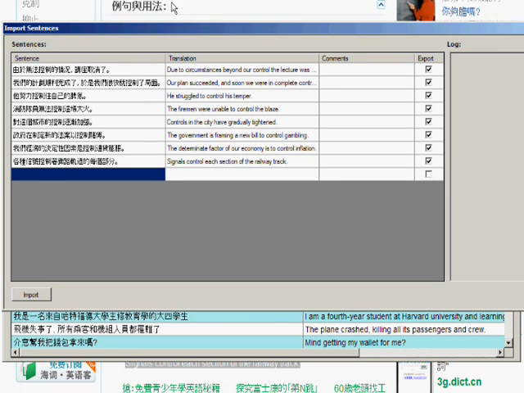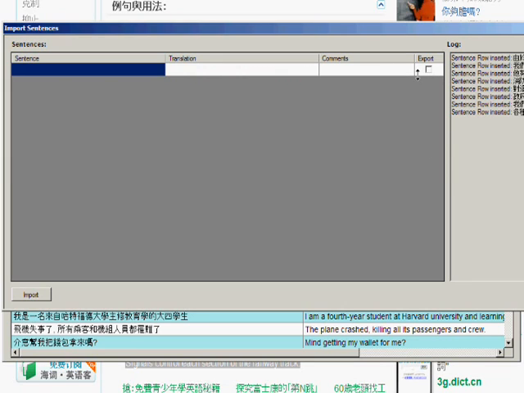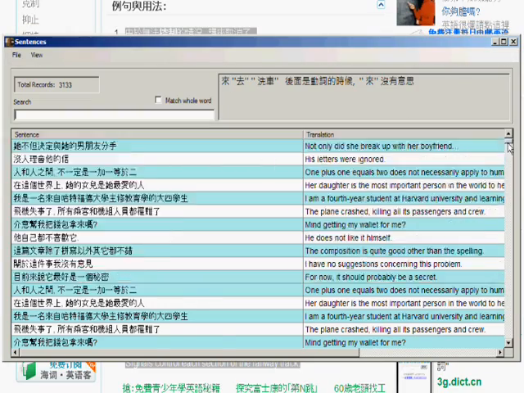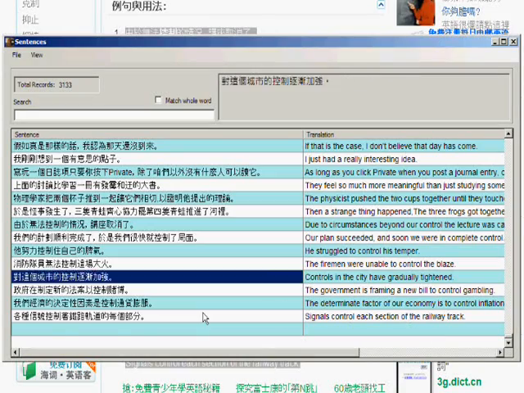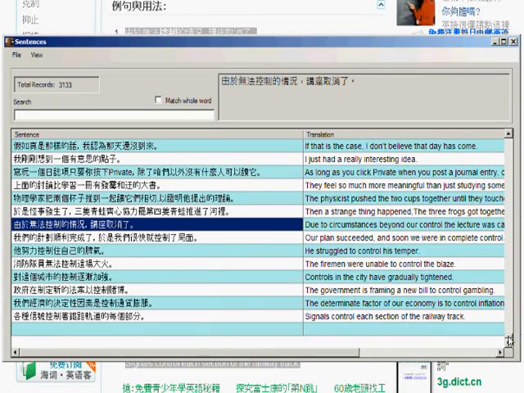And it automatically figures out what part of that page was Chinese, what part of it was English, puts them in the right boxes, and then I can hit enter, and bing, there we go. I just inserted, I don't know how many, 8 new sentences. So come back out, and then if I scroll all the way down, there you go. You can see all the new sentences are in the database.